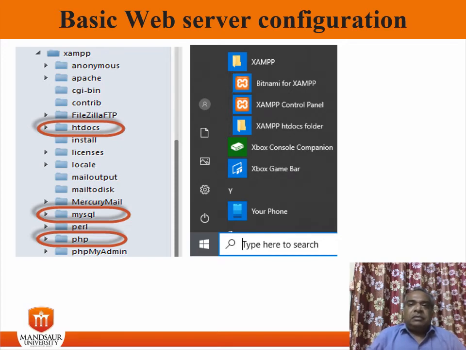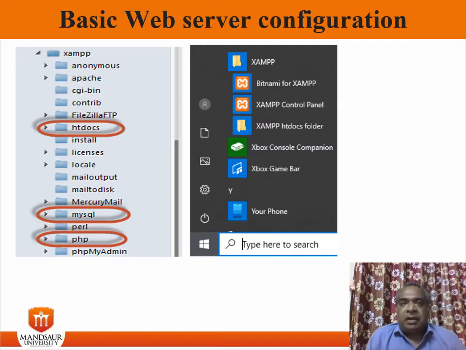But if there are no other web servers or applications utilizing this port, then the default port is used, and our XAMPP server runs on port number 80.